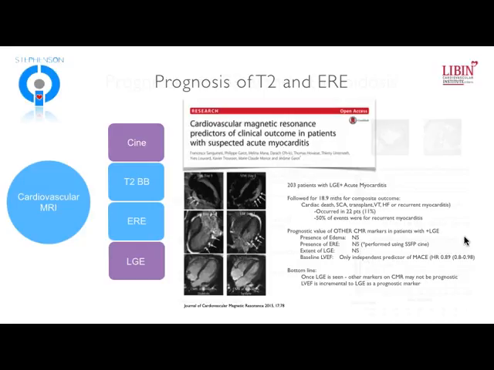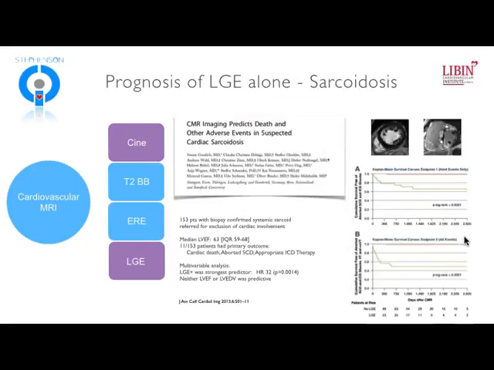It seemed that once you have acute myocarditis with LGE, there wasn't much else that was going to affect your prognosis. The only thing they were able to find in multivariate analysis was that ejection fraction did influence prognosis. And so once you have an LGE confirmed diagnosis of myocarditis, if you have a low EF, you tend to do worse. But other markers of tissue injury really didn't make any incremental difference.